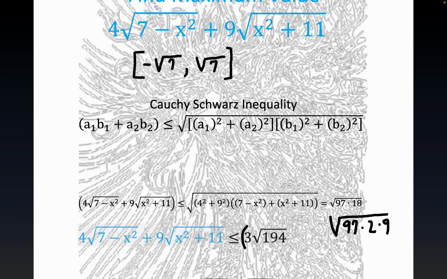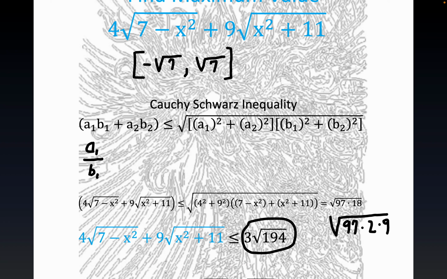Now, we're done with the problem as far as what was asked. This is the maximum value of this function. And so, again, we've completed the problem as far as what the instructions go for. But the equality condition is a fairly easy thing to determine here. Equality happens exactly when these sequences, or coordinates of a vector, are proportional. So that means when a sub 1 over b sub 1